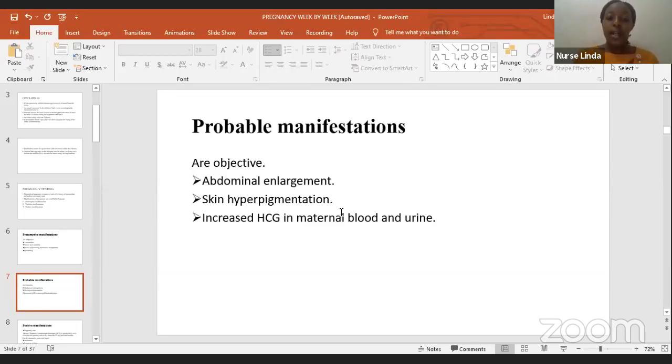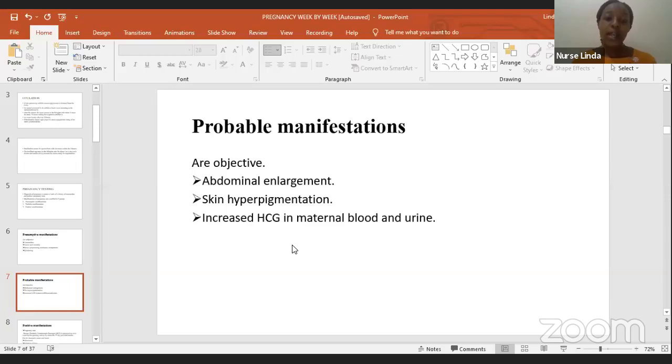So you could see an abdomen that has enlarged, and this also does not always mean that a woman is pregnant. Okay? The abdomen can be enlarged due to many other medical issues. For example, they are having what we call an unviable pregnancy. Sometimes there's a pregnancy where we have the sac forming, but then there's no fetus in it, and the abdomen will enlarge as in a normal pregnancy. So abdominal enlargement is not a show of pregnancy.